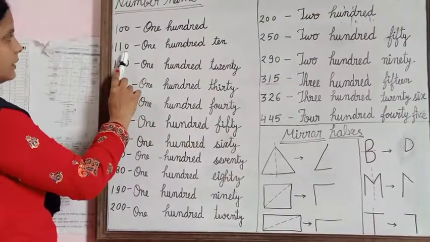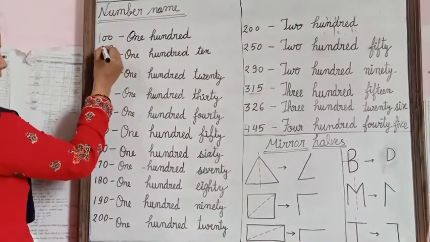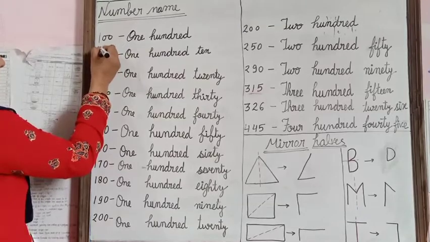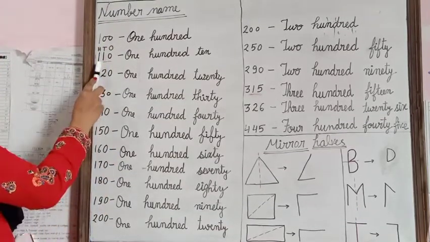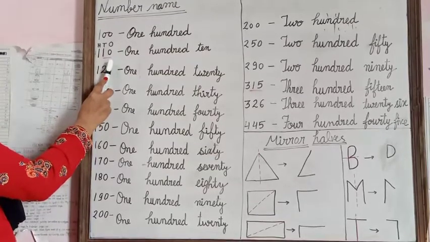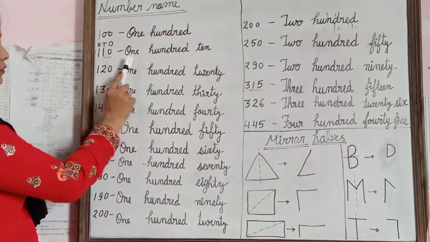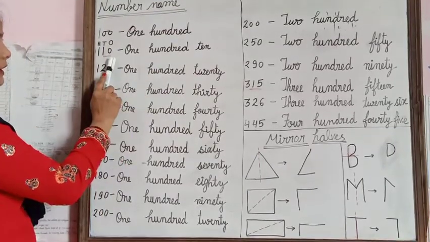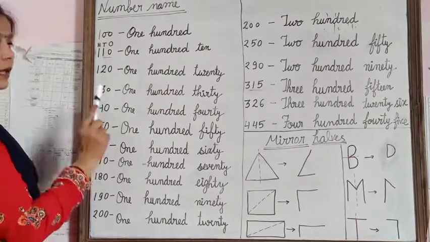Here you have a 110. That means this is the 1's place, 10's place and 100's place. The 100's place has the 1, the 10's place has a 1 and the 1's place has a 0. But you can write it as: the 100's place has the 1, 100, and both numbers you tell 10. So like this, write down all the numbers.